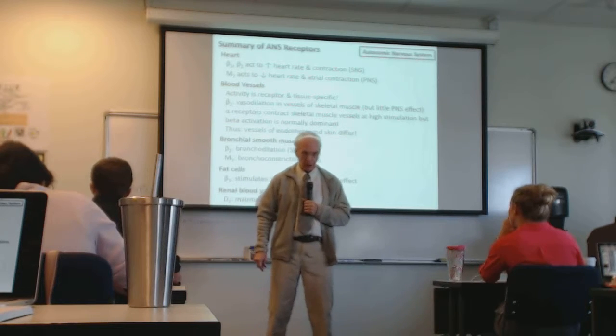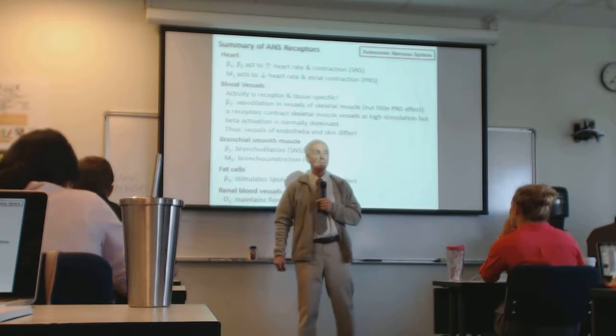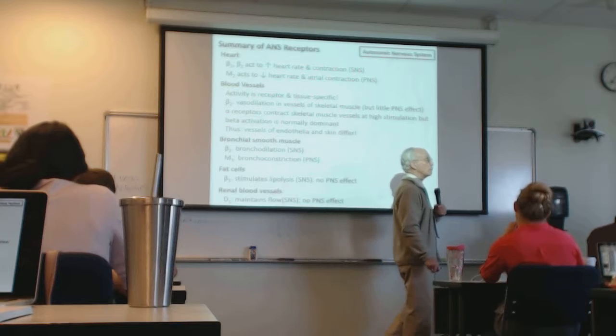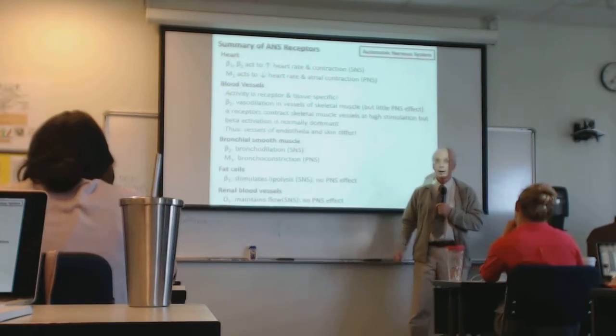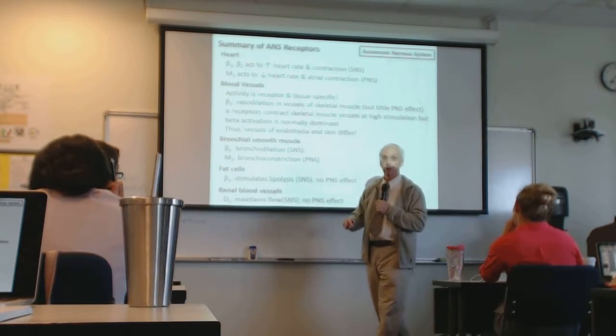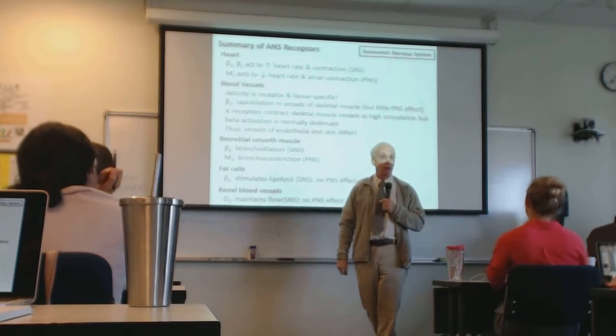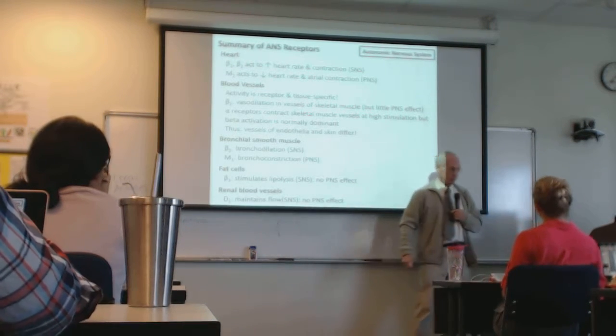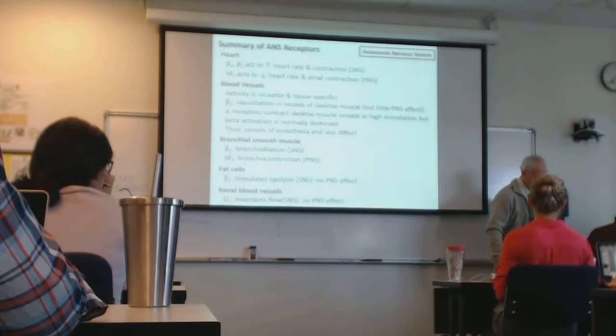Increase. Now, does that mean that all muscle everywhere, all tissues everywhere, are going to have a comparable increase in blood flow? No. For example, as you're running from the giant anaconda or whatever it is that's coming after you,